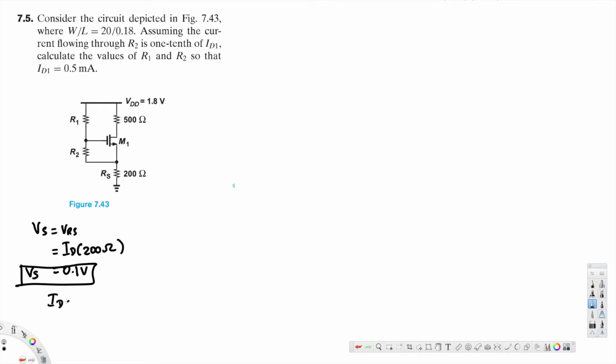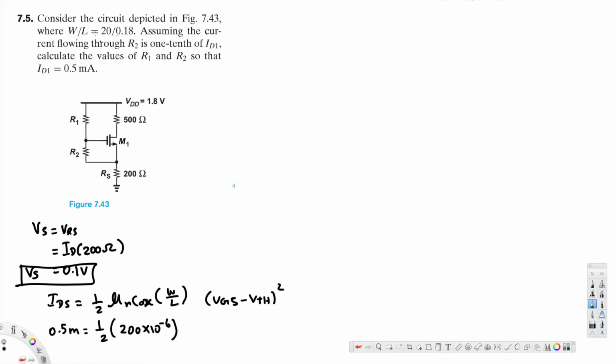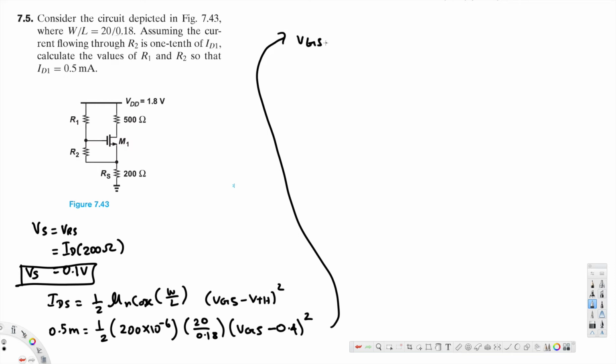Now the next thing we are going to solve for, there's an equation for IDS, the drain source current, that's given by half mu n COX W over L times VGS minus V threshold squared. Now let's go ahead and plug in all the values. IDS is 0.5 milli, and 1 over 2 mu n COX is 200 times 10 to the power of minus 6, that's a constant value. W over L is 20 over 0.18, and VGS is what we are going to find, and V threshold is 0.4, and that's also a constant value. If you solve for VGS from this, you will end up with